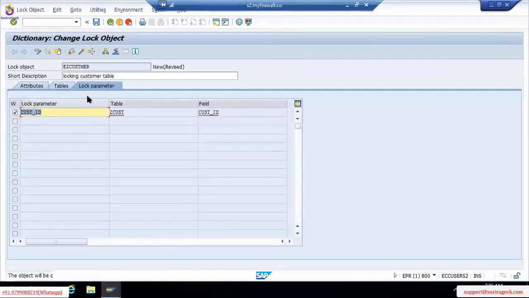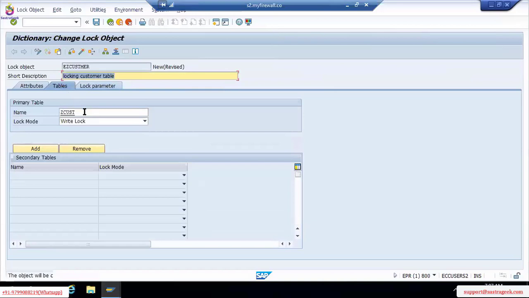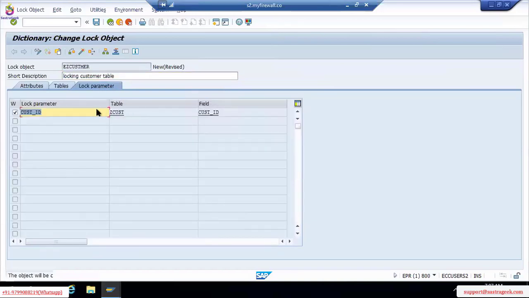See here, the primary key field of this table is the lock field. That means the primary key field.